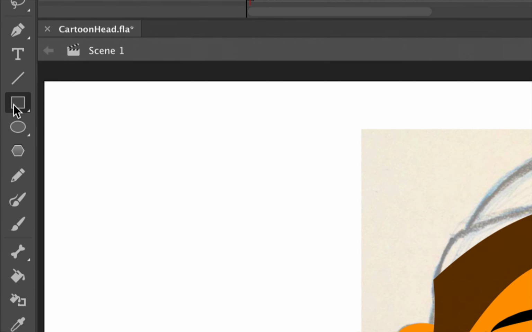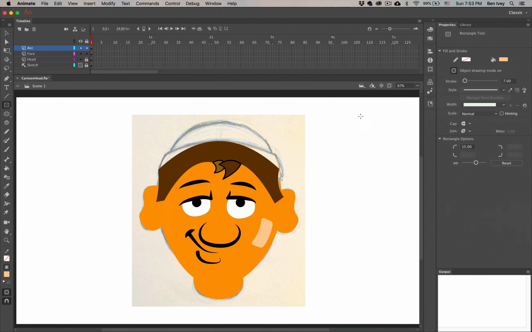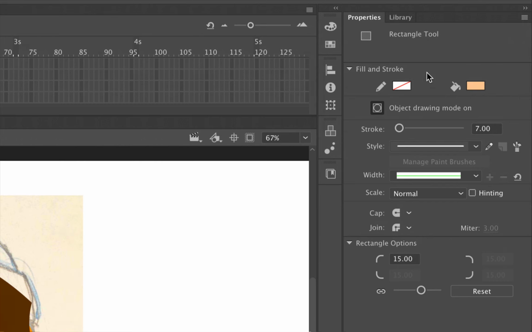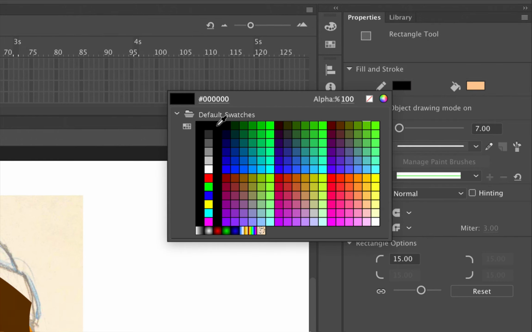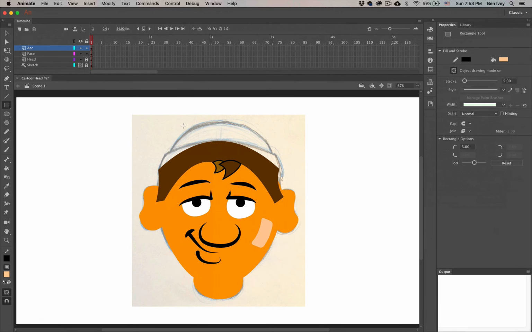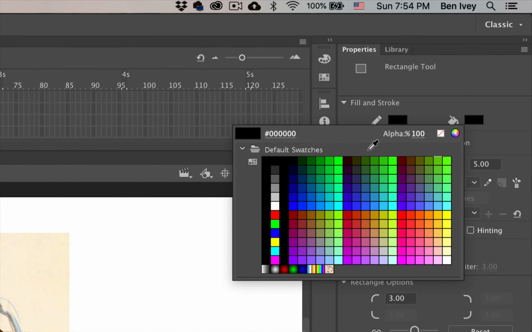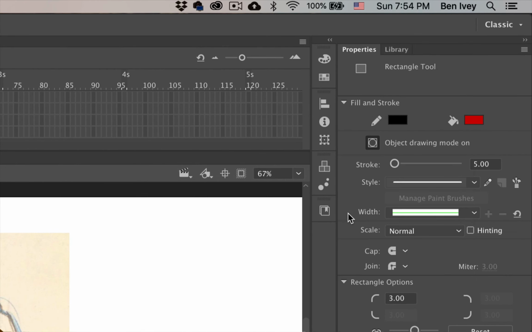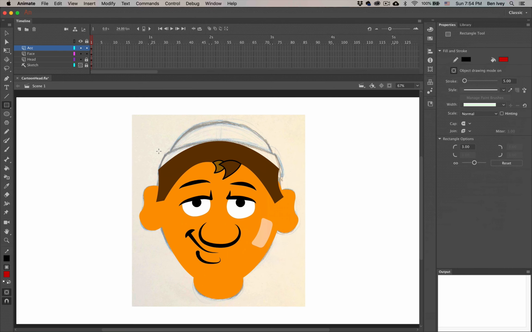We'll go and grab our rectangle tool, and with rectangle selected, we'll go back over to our properties. Let's give it a stroke that's going to be black and about 5 points in width. And we'll set our rectangle options down here to be just a small roundedness, so about 3 to 5 is okay. From here we can click and drag. I didn't set a fill color for it. Let's do that as well. So we'll select that, set the fill color to be kind of a dark or a medium dark red. That looks good. Now let's click and drag,